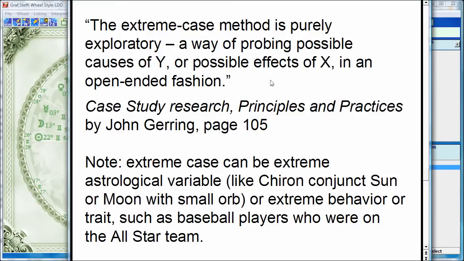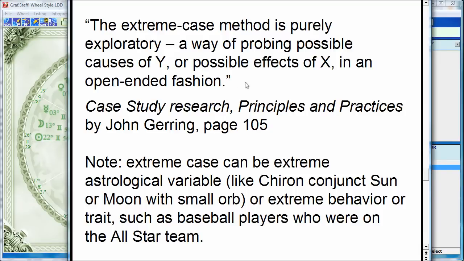you're what we call a content expert, to play with ideas and come up with probable relationships for what an astrological variable means. This is a respected research method because you can generalize from extreme case studies. Because one of the reasons is because there's no selection bias. You don't get to say, well, I just happen to be looking at these charts. You must use the charts that, when you run through the software, come out very strong in whatever it is